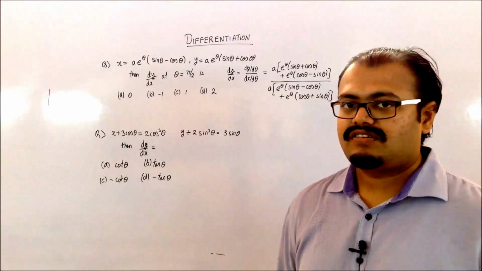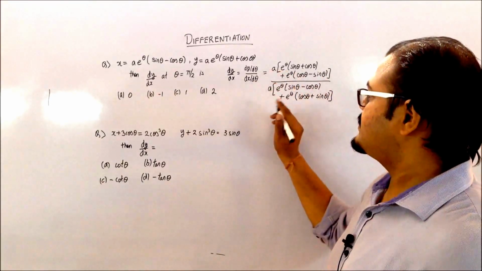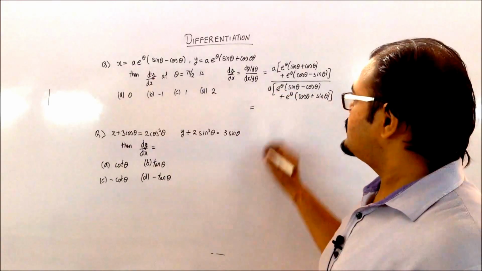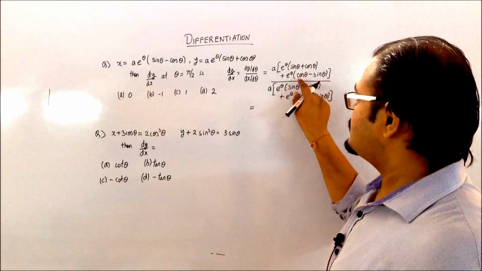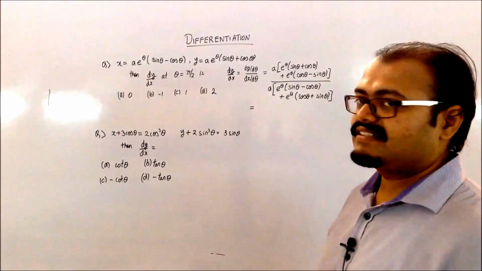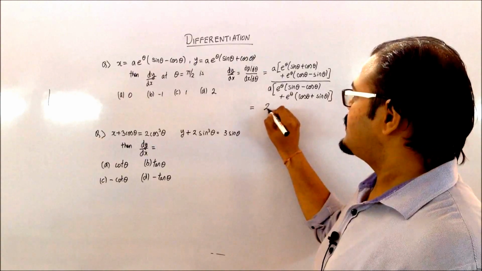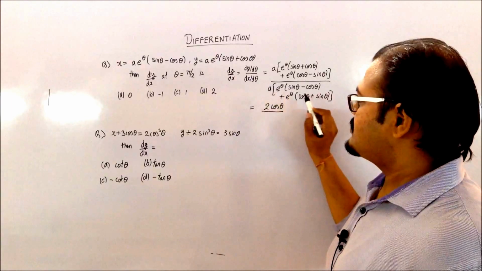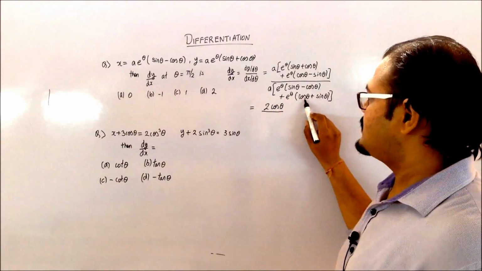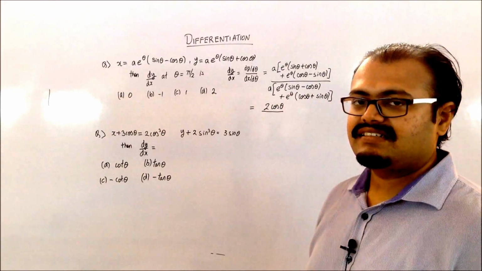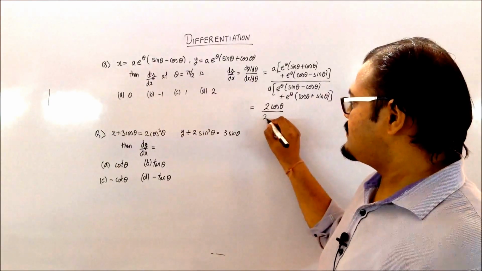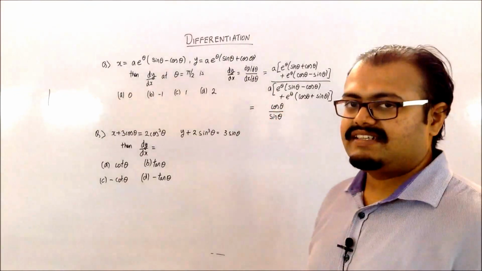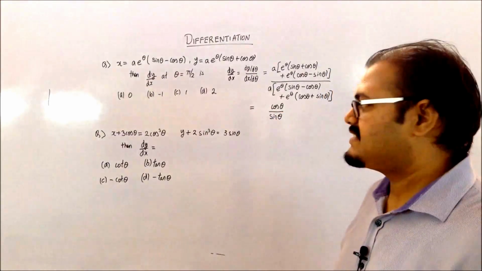So if you just solve this by opening the bracket, or you can take the e raised to theta outside, so that e raised to theta gets cancelled, and you are just remaining with sin theta plus cos theta, and cos theta minus sin theta, though sin theta gets cut. So you are having 2 cos theta divided by, your e raised to theta has been cancelled, sin theta minus cos theta plus cos theta plus sin theta, cos theta gets cancelled, so you are having 2 sin theta. So the 2 gets cancelled and you are having a cos theta by sin theta, which is basically a cot